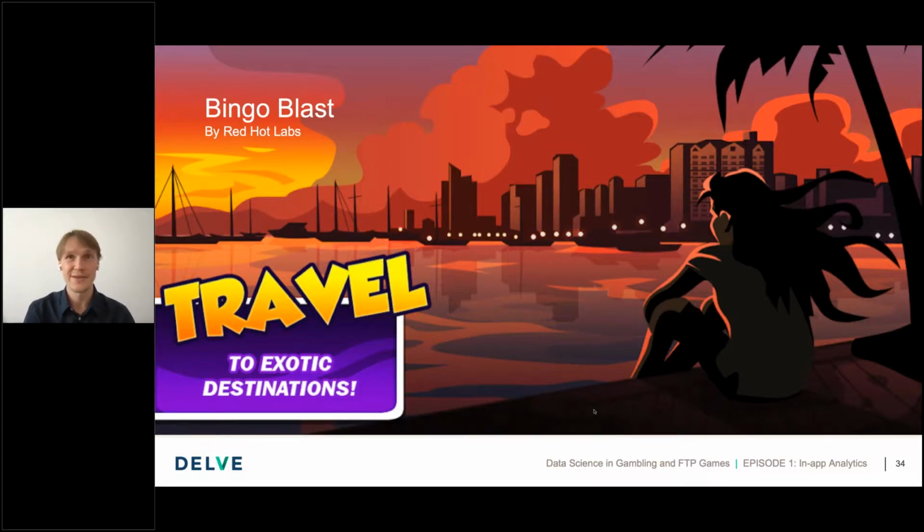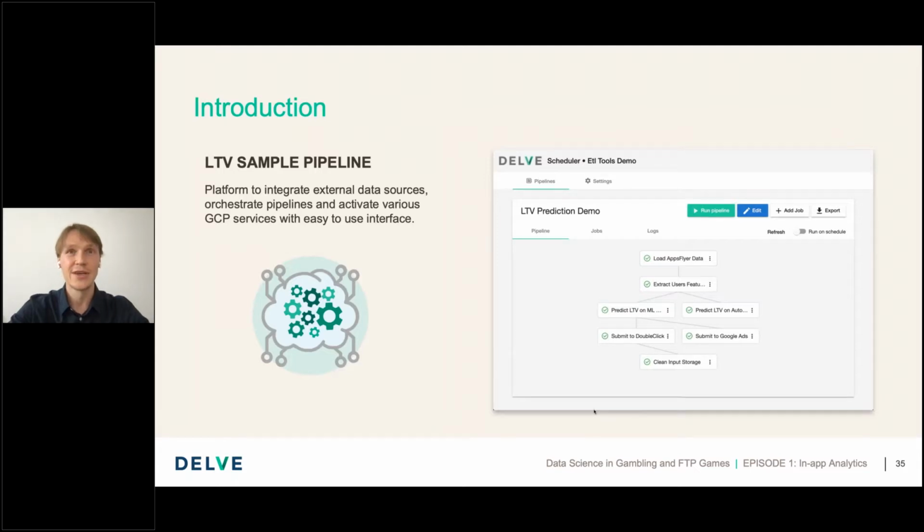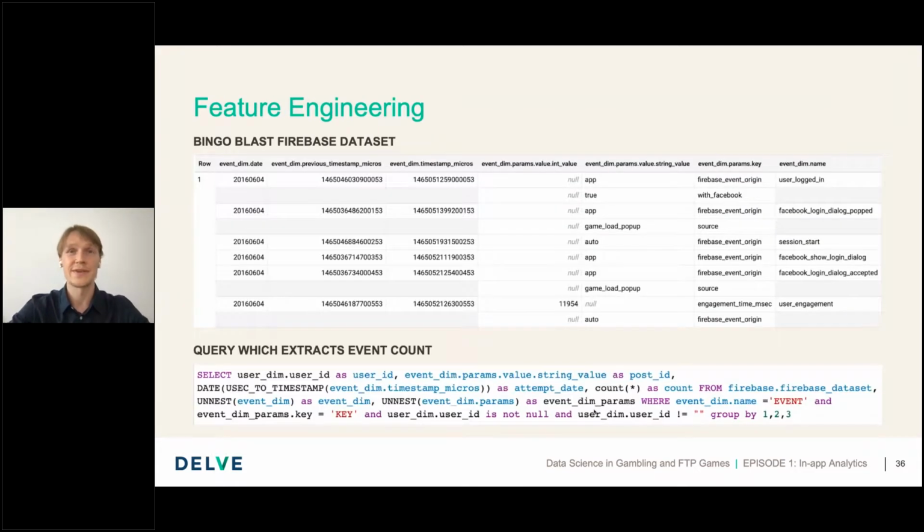This is a nice slots game, by the way, which is positioned so that the user travels to different exotic destinations and can play different games modeled around the destinations with a certain interface. So this game's data is available in a BigQuery dataset, free for everybody to analyze.